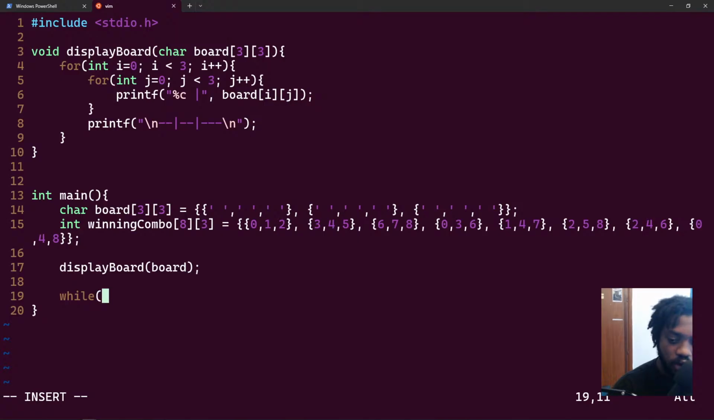So I'll create a while loop and just put while one here. This is because I can't do while true without importing a boolean header, which I don't really remember what it's called. So I'll just do while one, which is a truthy value in C. So we'll say while one, printf,